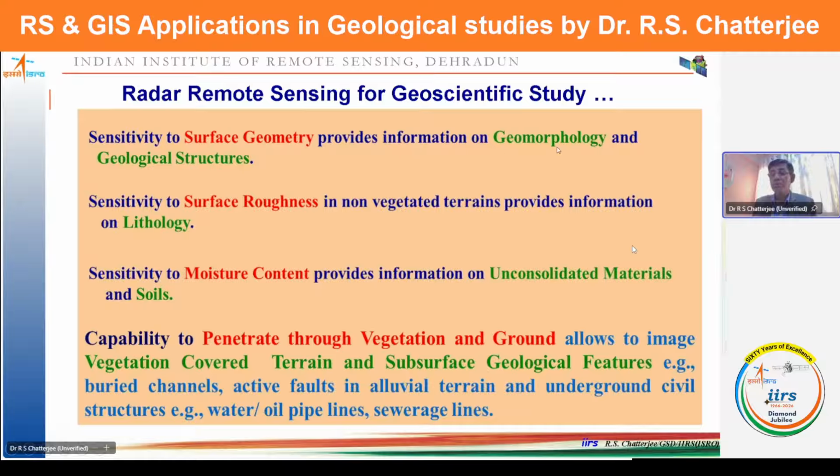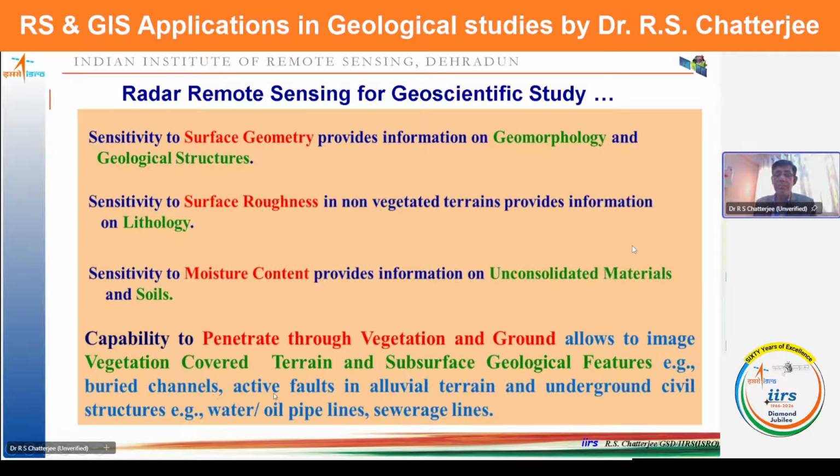So it provides more information or better information about geomorphology and geological structures. Very sensitive to surface roughness. So it gives enhanced information about the lithology, particularly in terms of grain size or the surface roughness of the rocks. Sensitive to moisture content, particularly useful for unconsolidated materials and soils like alluvium, hydrated rocks, altered minerals like gossans,